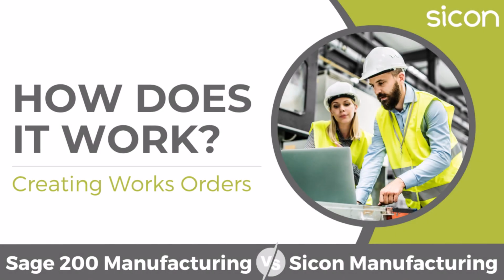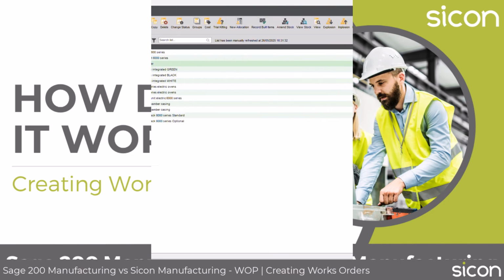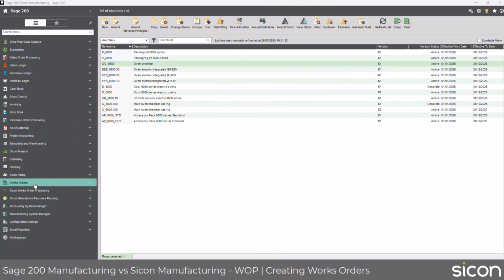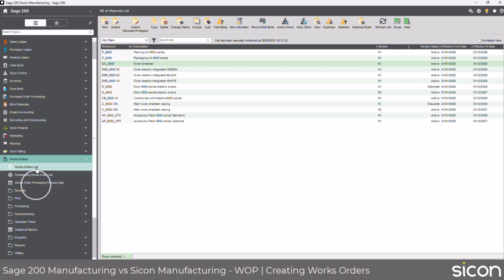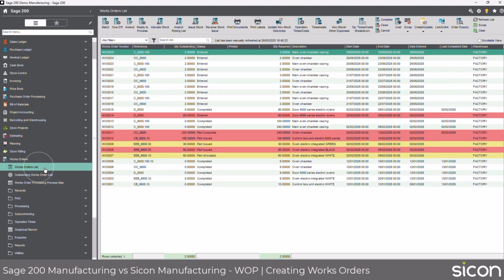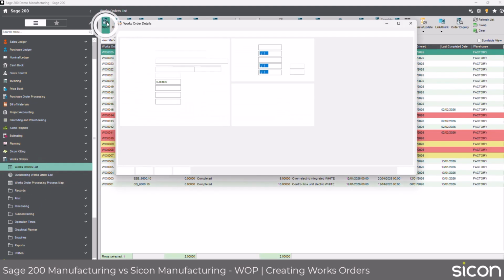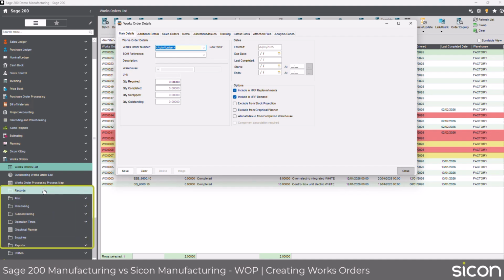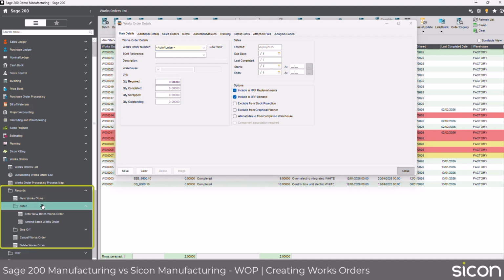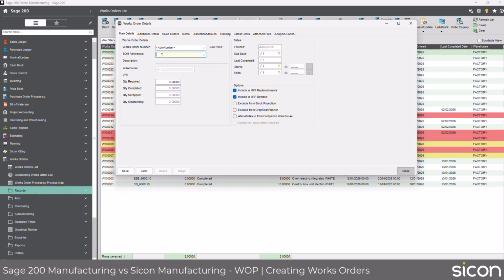Creating works orders in Sage 200 Manufacturing versus Sicon works order processing. So let's go into the legacy manufacturing, so works orders and the works order list, and let's go and select batch. We can also go through records, batch, and enter a new batch works order. Let's go and enter our bill of material and enter the quantity,